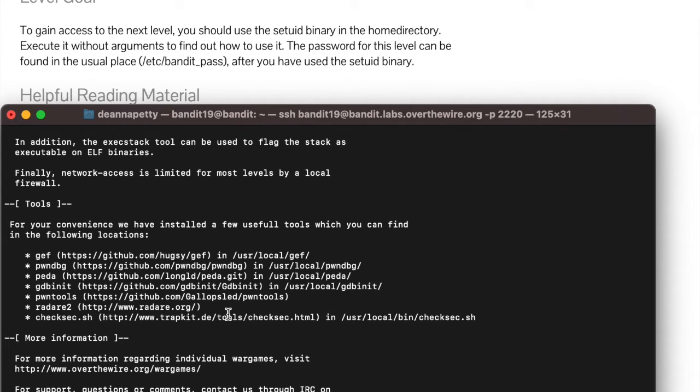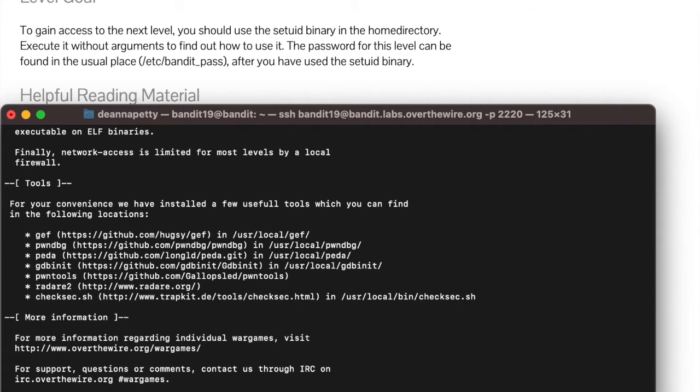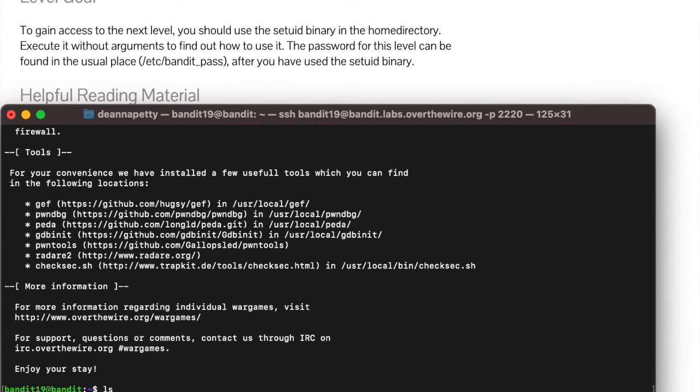So let's see what is in the home directory. As before, the command we'll use is ls, to list. So we see that bandit20-do is highlighted. It's kind of different from the last files that we would see. So to get a better understanding of what this file does,